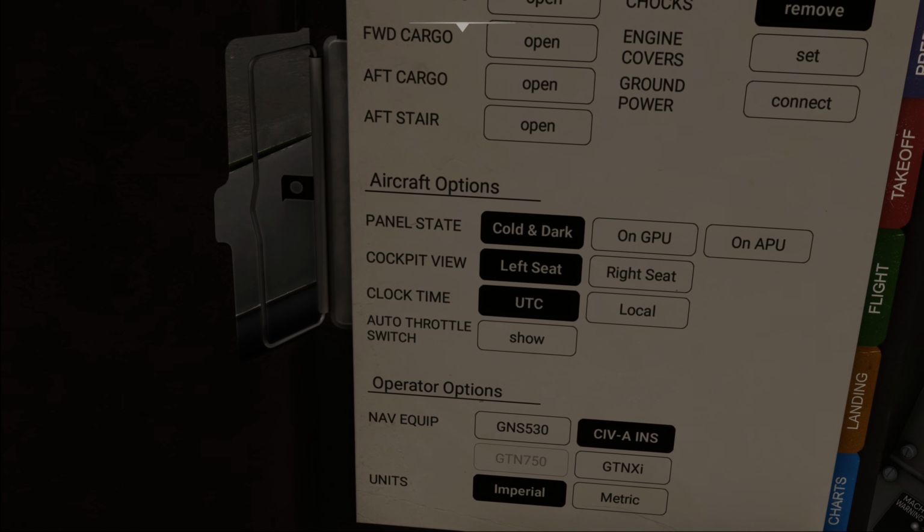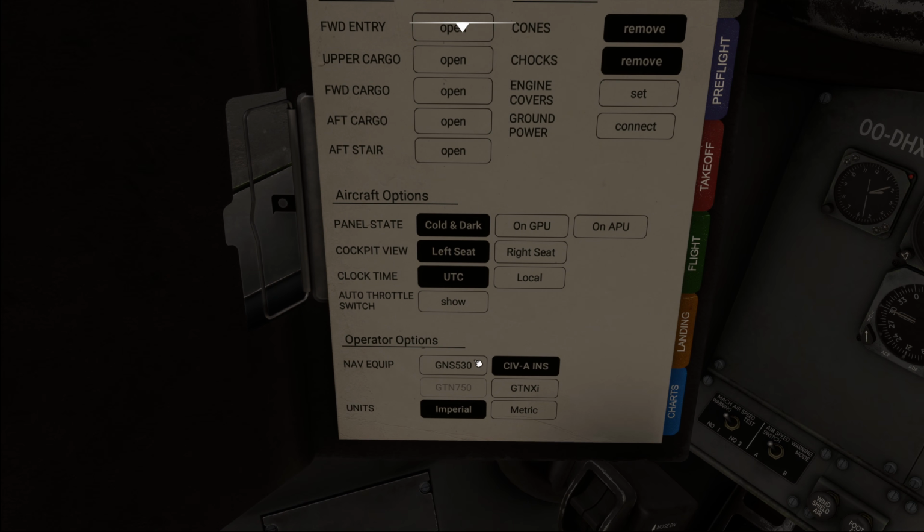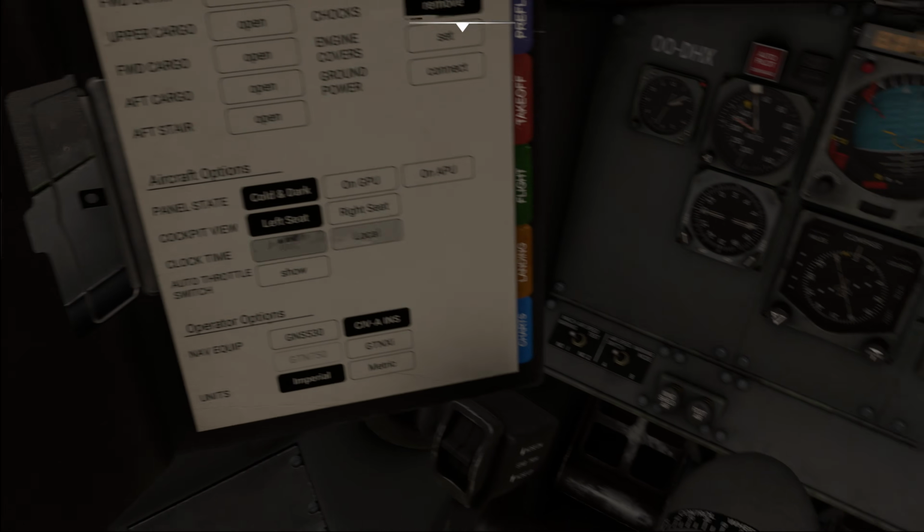Now, for our setup today, we are going to do the following. We are going to start cold and dark over here. We do not have an auto throttle in this aircraft because you won't believe how easy it is to manually control this. And in terms of the navigational equipment, we will be using the C-Bar INS, which more or less is accurate to the time and date of the Boeing 727,